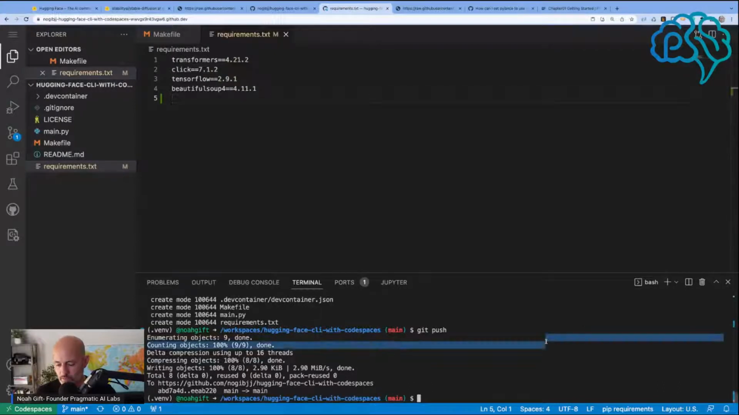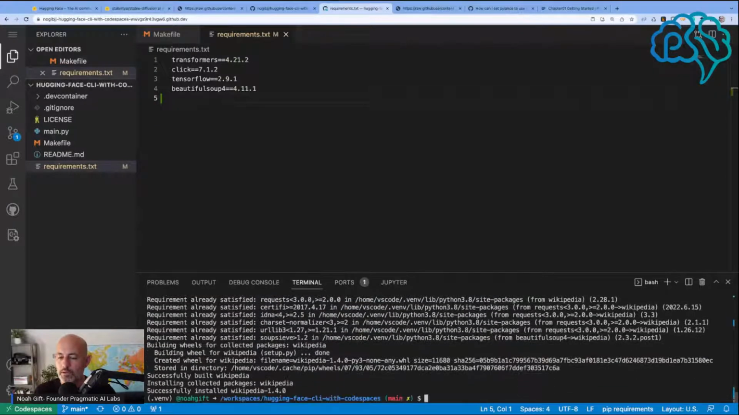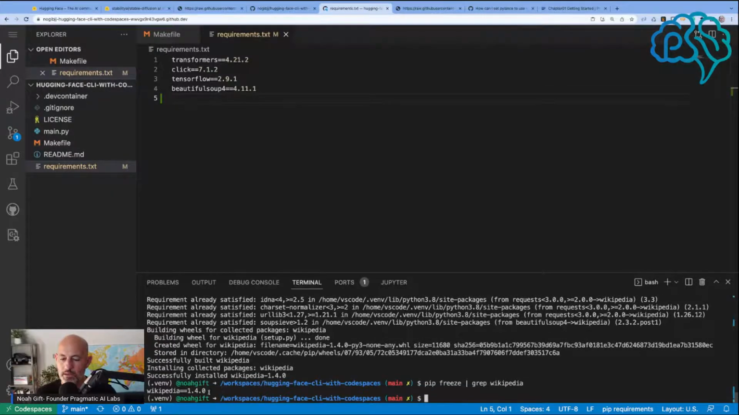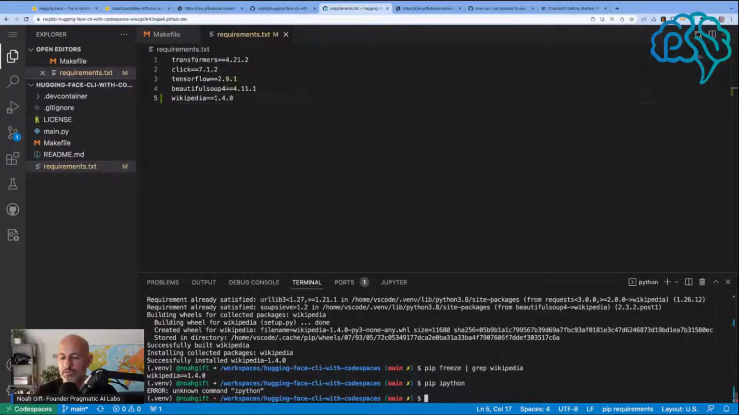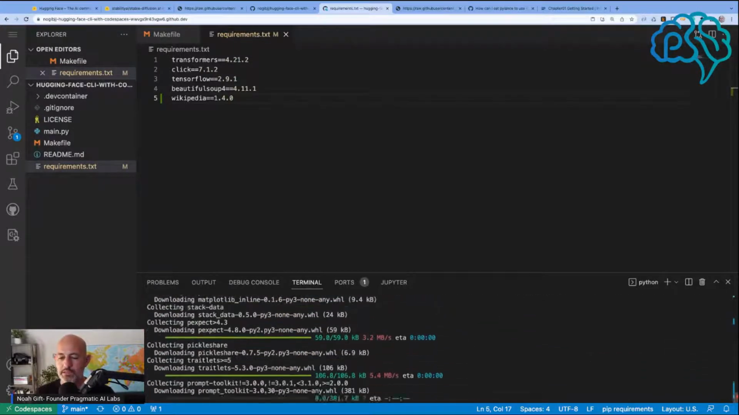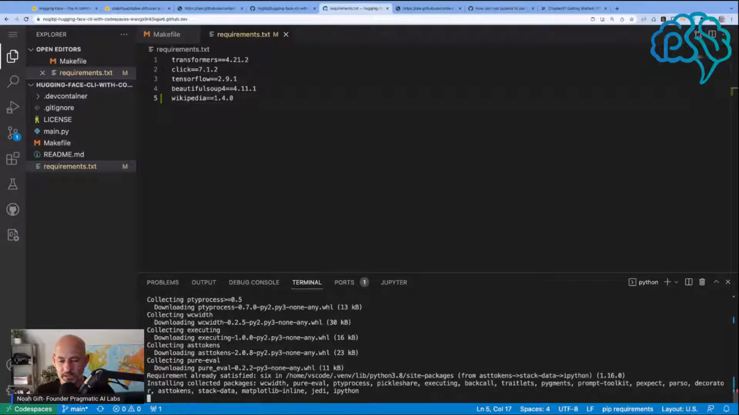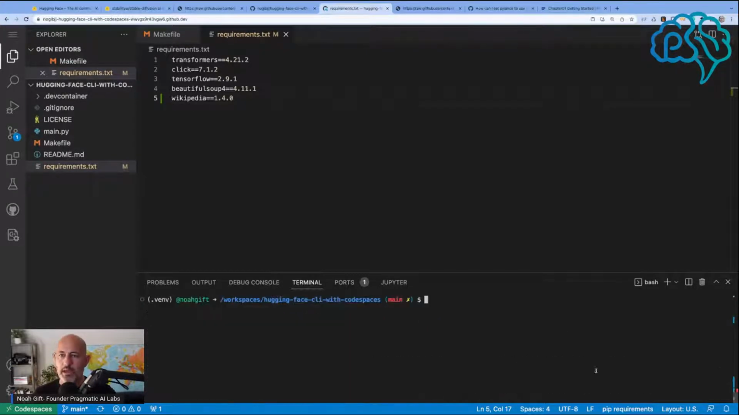So I can do pip install wikipedia. There we go. I can do pip freeze, grep wikipedia. Grab that. Okay. And then if I also want to install IPython, so I can just play around with stuff, pip install. I'm not going to put this into my requirements. Man, look at this, it's a fast environment too. This is almost faster than my laptop. And